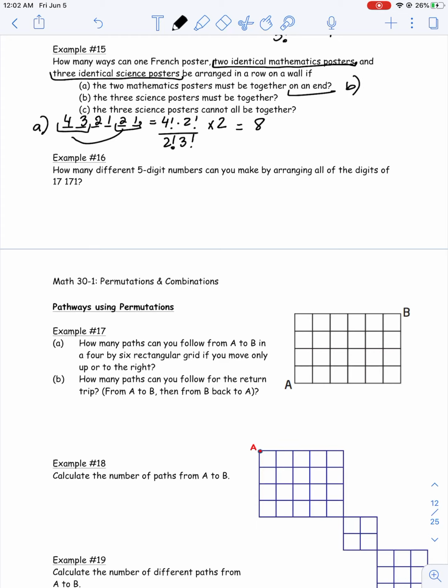B, it says the 3 science posters must be together. So if they're together, you're going to have 3 factorial for them being in the first 3 spots, 3 factorial for the other posters being rearranged, and then there's going to be 4 spots that the identical science posters can go into. So what that looks like, if you want to see the spots, is these are the 3 science, and then these are the 3 other. And then the science can go first, second, third, or fourth. So that's what the 4 represents. And then you're always dividing it by that 2 factorial, 3 factorial for this entire question for A, B, and C. So you should be getting an answer of